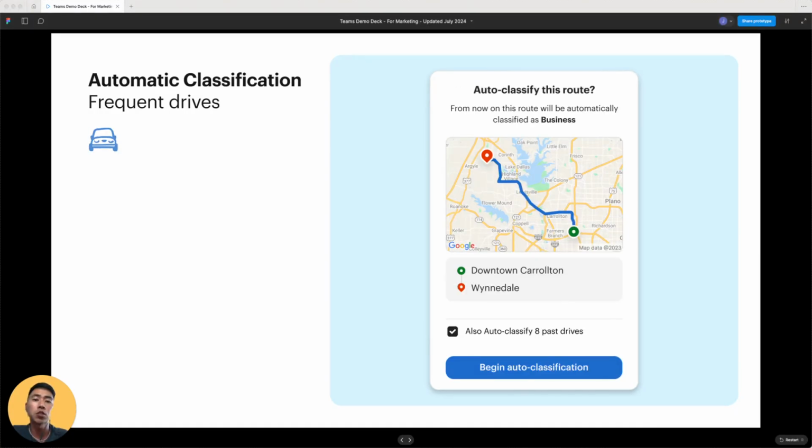Next, our frequent drives feature can also help auto-classify drives. This feature automatically runs in the background and recognizes drives that have been conducted repeatedly and classified the same way. When a driver takes the same route and classifies it the same way at least 3 times, the next time